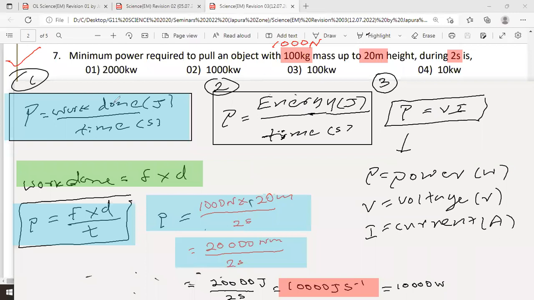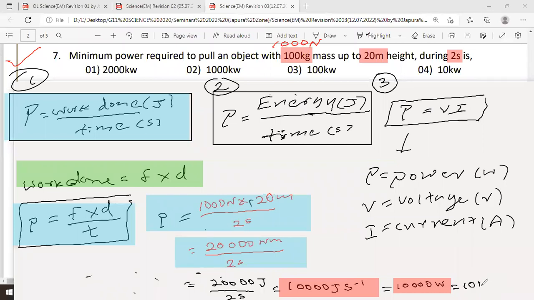The answer is the fourth. So unit conversion is also very important. Now you can see here, 10,000 joules per second means 10,000 watt. Look at the last few lines, I'll highlight this in red. Those who got the fourth answer, that is the correct answer. 10,000 joules per second means 10,000 watt. To convert 10,000 watt into kilowatt, divide by 1000. Then you get